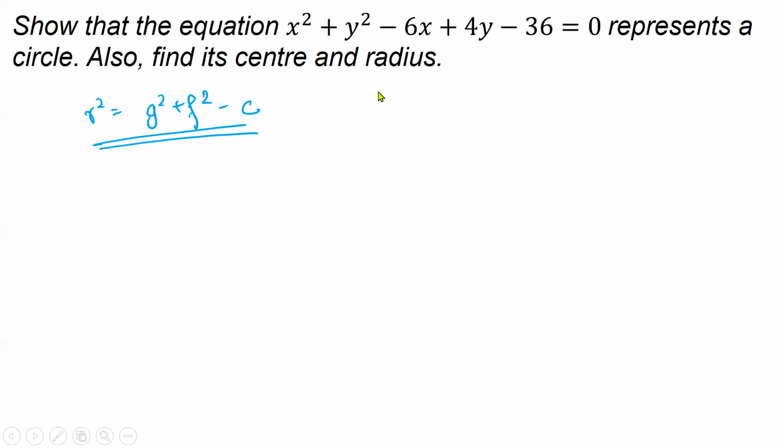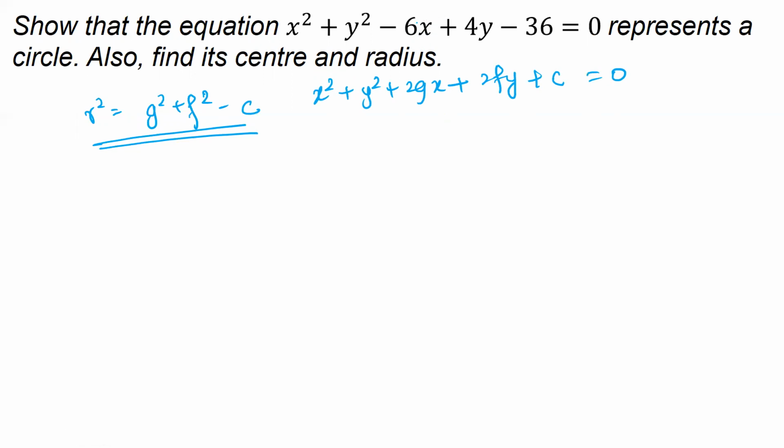To find out the values of g, f, and c, we need to compare this equation with our standard equation. So what is the standard equation? x squared plus y squared plus 2gx plus 2fy plus c is equal to 0. So this is my standard equation. Now if you compare, you see that